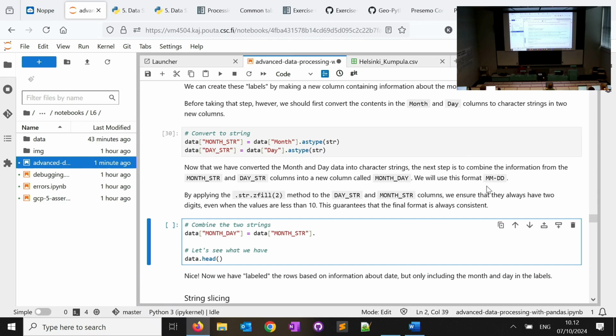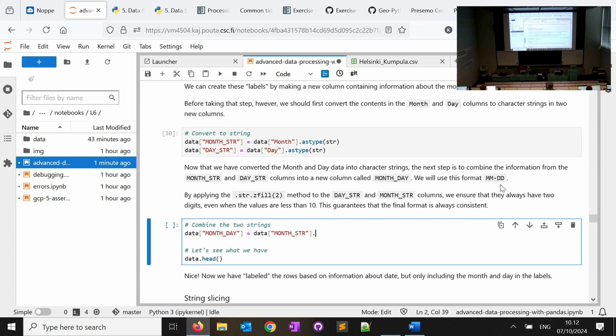Well, in this case, it doesn't matter so much, but you can imagine that if the days or the months are less than 10, the looks of this gets a bit messed up. If you have, I don't know, 14th of November, then it's like 1411. It looks fine. But what if it's like 6th of June? It's like 6-6. So it won't be in the structure MM and DD. So I have one trick for taking care of that.